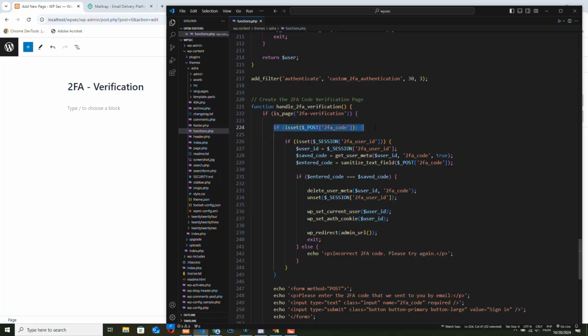So this line checks if the user has submitted the 2FA code via the form, and this code checks if the 2FA user ID is stored in the session. The session stores the user ID temporarily after they have entered their username and password, but before completing the 2FA. If the session variable exists, it means the user has already gone through the first step of the login, the username and password part. Here we retrieve the stored user ID from the session and assign it to the variable